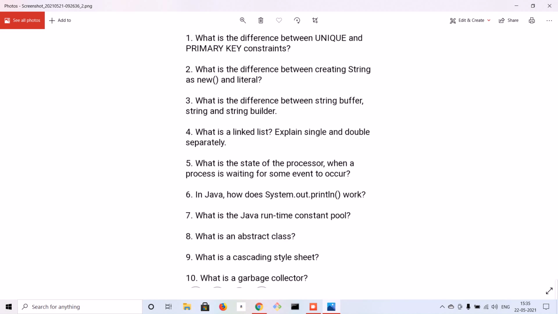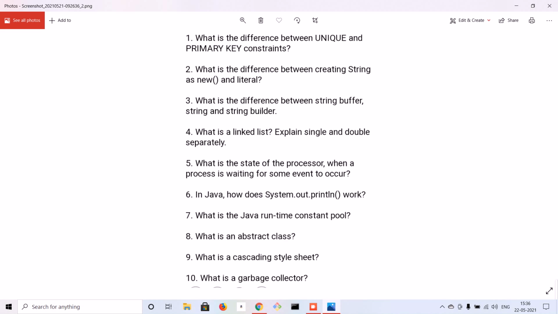And again, it was a good answer when you appear for an interview as a fresher, when you are in the third year of your college and you are preparing for your internship. So he was like, okay, I think you know Java. Then he came up with the next question, which was on the data structures section: what is a linked list, and explain singly and doubly separately. He also told me to write one program of the linked list, which I have not included here.